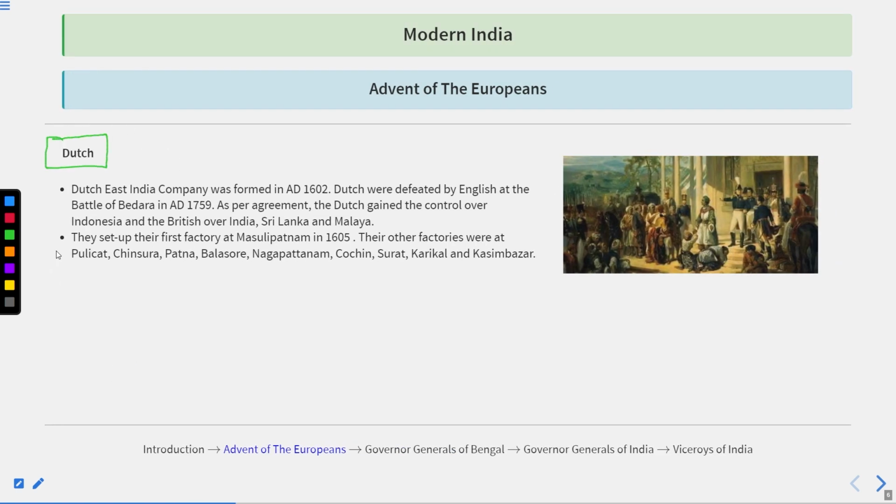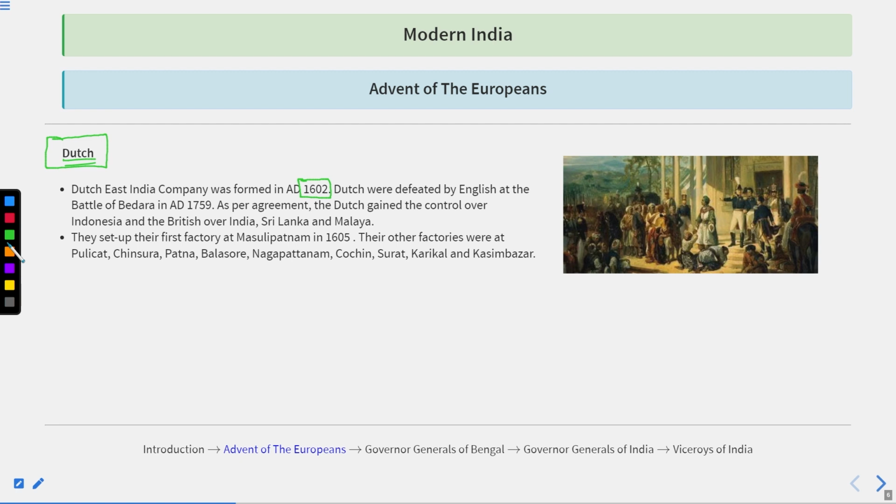Okay. So the Dutch East India Company was basically formed in 1602 AD. Before starting this, let me tell you several things about the Dutch. When the Dutch came to India, what was their main significance was that prior to them the Portuguese were there, and